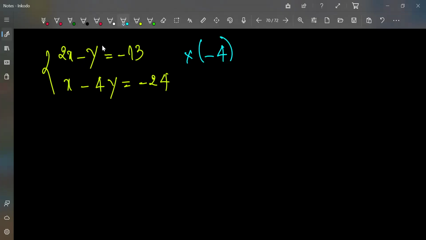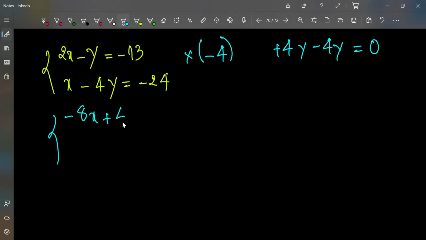Because negative y multiplied by negative 4 is positive 4y. So positive 4y and negative 4y is equal to 0. It means we can eliminate variable y. Okay, so let's rewrite it. We get 2x multiplied by negative 4 is negative 8x. Negative y multiplied by negative 4 is positive 4y, equal to negative 13 multiplied by negative 4, which is equal to